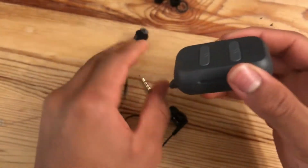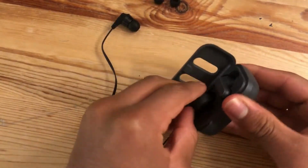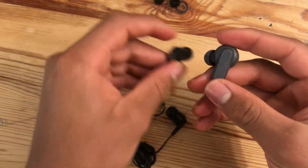As I mentioned, they're pretty basic yet beautiful, and if you're in the market for some good budget wired earbuds,